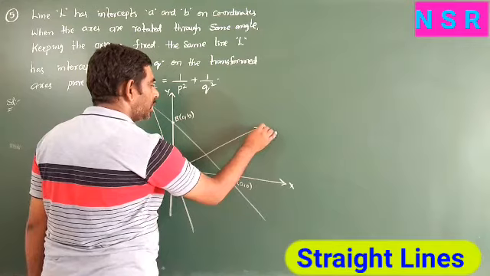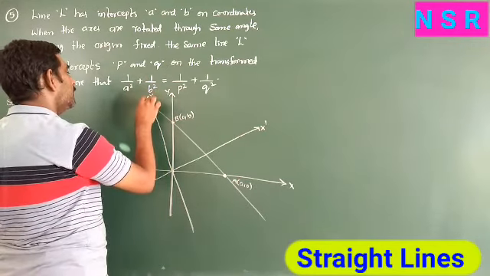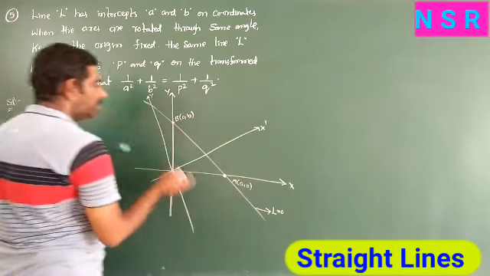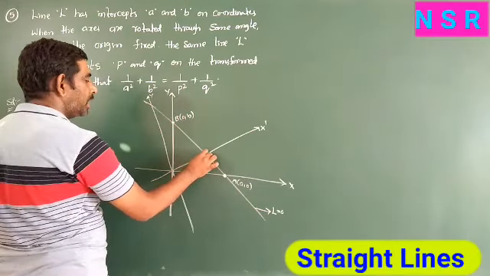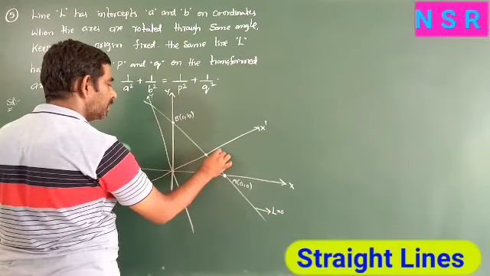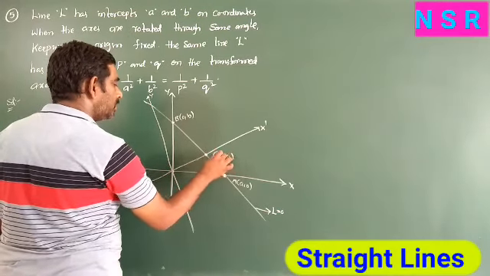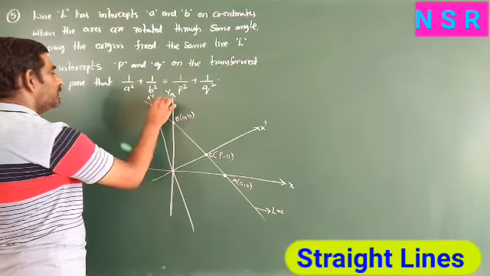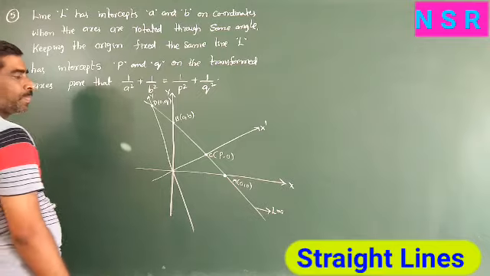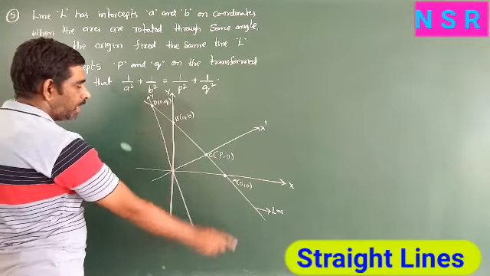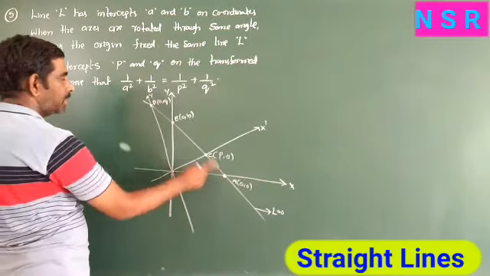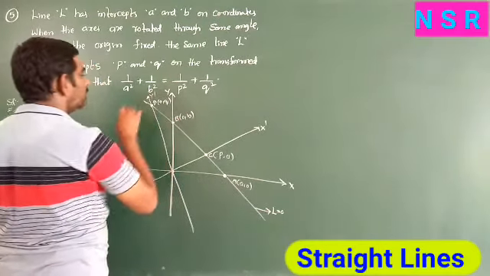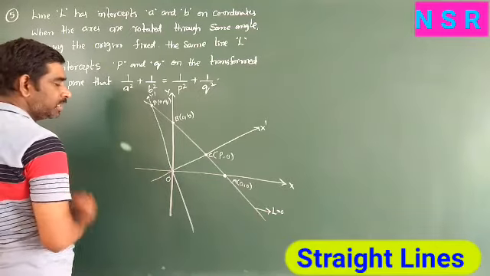So after rotating, this is x dash and this is y dash, and this is the same line, L equal to 0. So this same line makes intercept on x dash as p, that is p comma 0, this is point C, and here point D is 0 comma q. So the same line L equal to 0 has intercepts on the x and y axes a, b, and on x dash, y dash p, q. The origin is fixed.